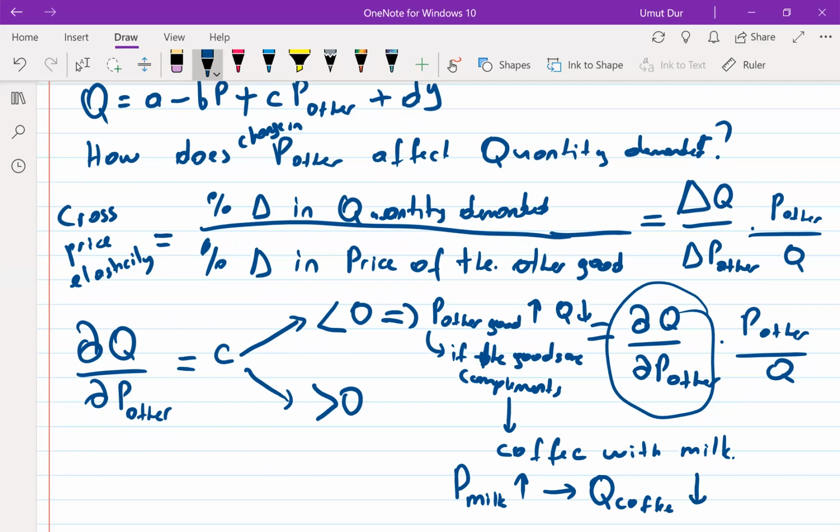If these two goods are complements, then the change in the price of the other good will have a negative effect on